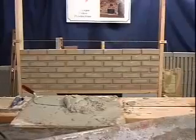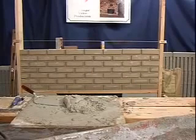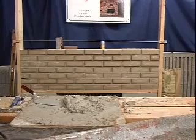Okay, now I'd suggest that you take 40, 50 hours practicing laying a brick to the line. It's going to take many hours before your wall will look like this one. But if you'll practice at this station, laying the brick to the line, concentrating on keeping the joints even, keeping the brick close to the line but not touching it, keeping the face of the brick, don't get mortar on the face